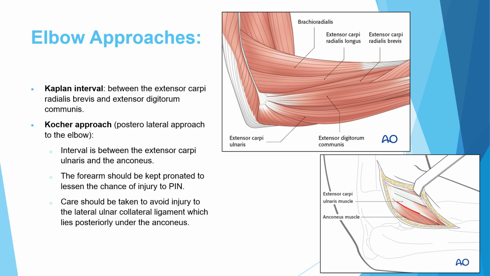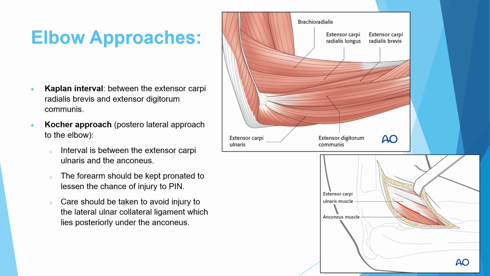So the anconeus and the extensor carpi ulnaris is here, so this is the classic Coker. The Kaplan is anteriorly. It lies between the extensor carpi radialis brevis and the extensor digitorum communis. Usually when you do these surgeries, there is disruption of this area, so it's not easy to identify the interval here. However, it is basically a direct approach to the elbow laterally, and you don't go posterolateral as in the classic